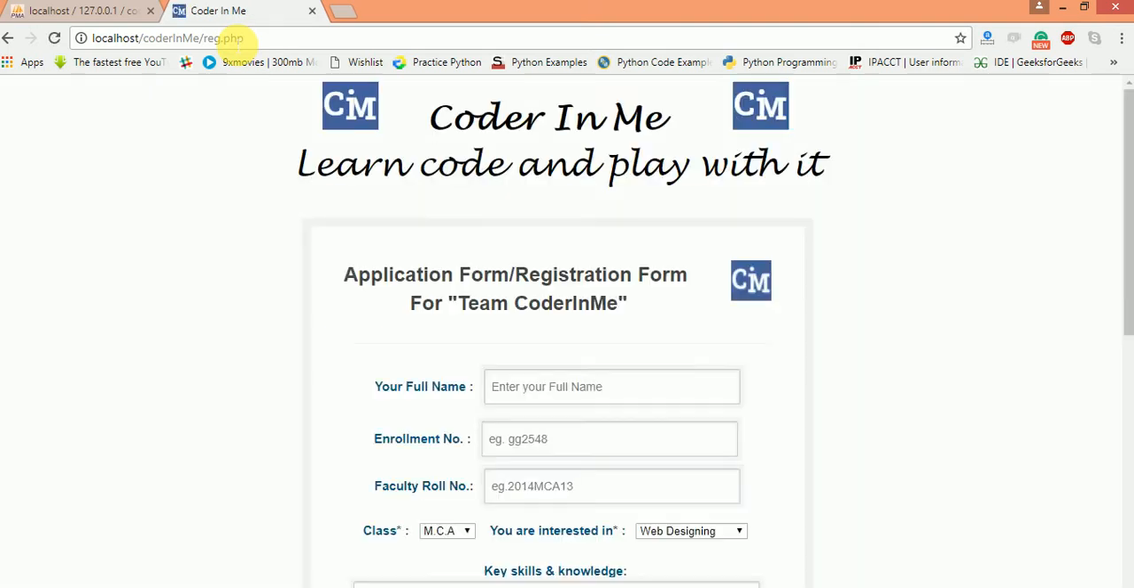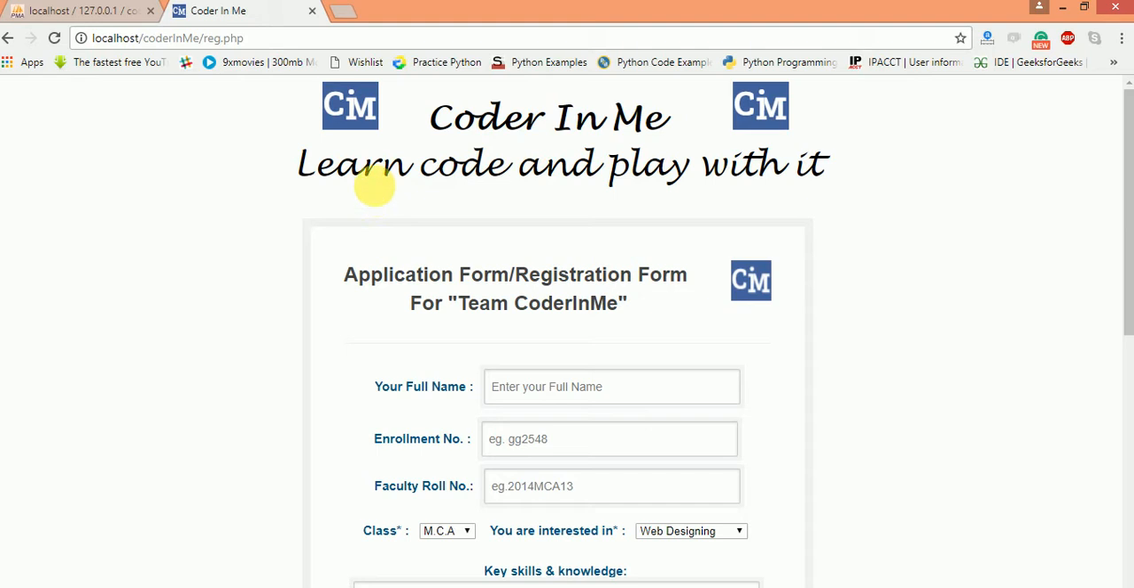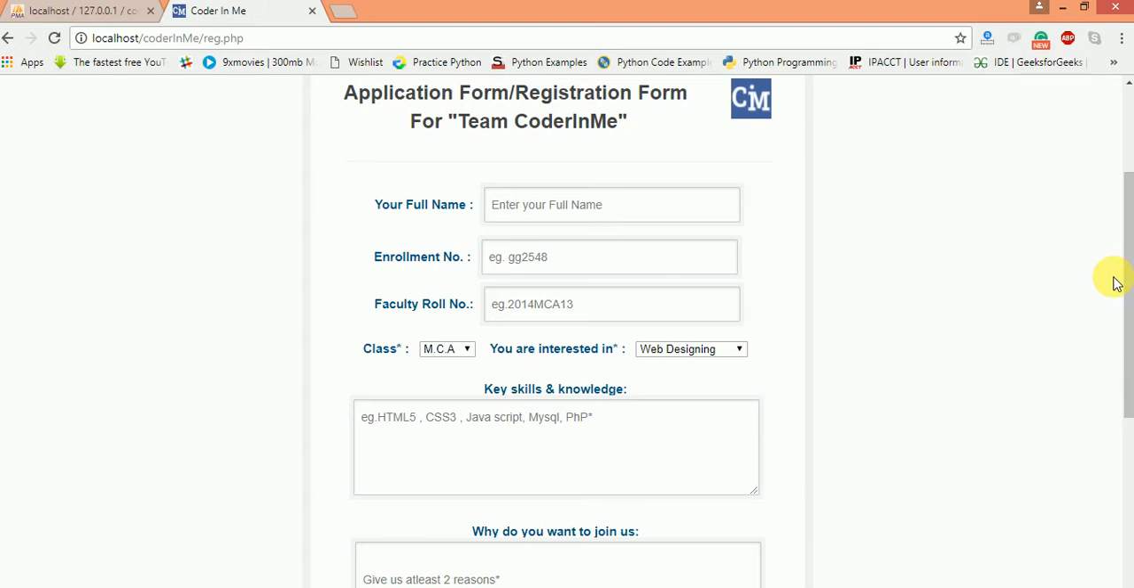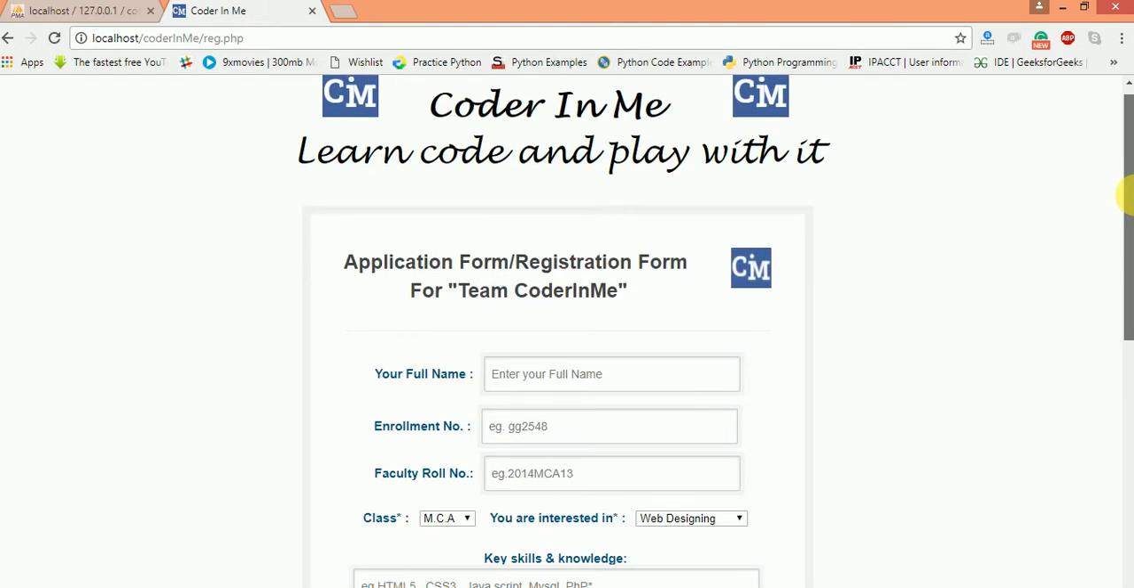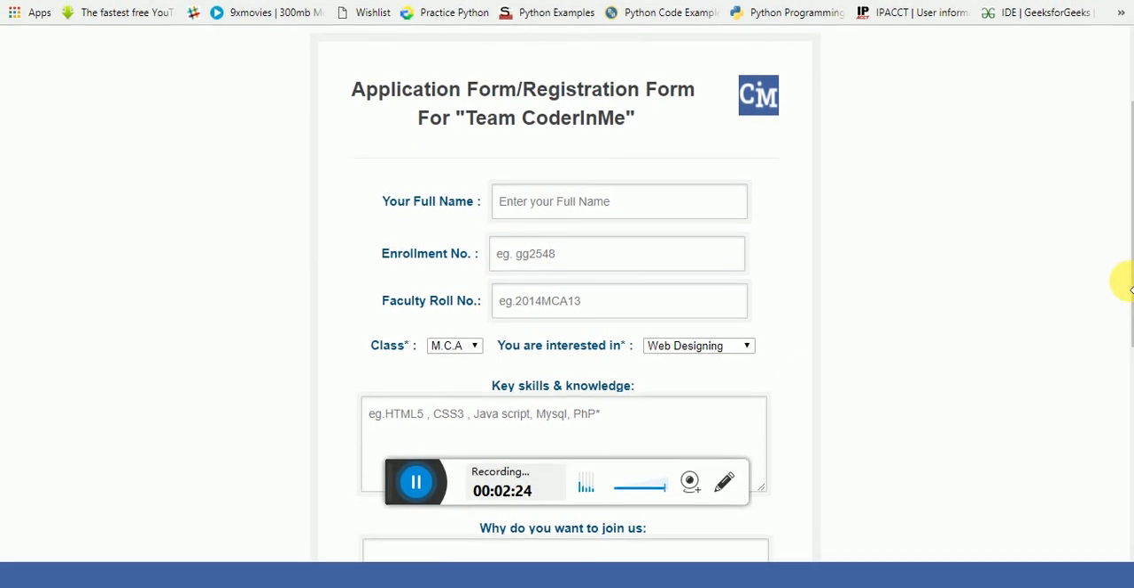the page design will look something like that. Suppose this is the registration form for the team, and suppose you want to join our team, our codeandme.com. So I have to design a page in PHP, and in that PHP I have designed a form, with your full name, because it's an internship form. I also want to know your enrollment number, your faculty roll number, your class, and